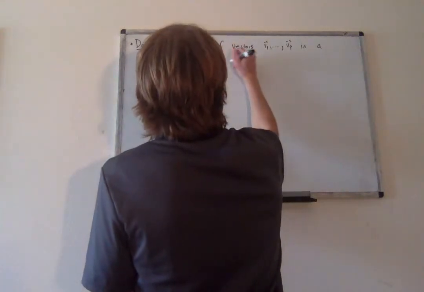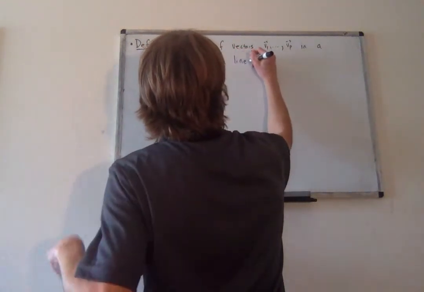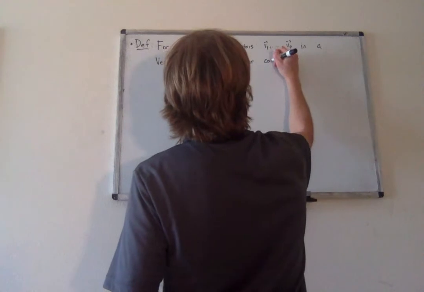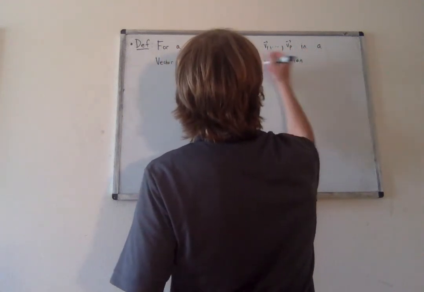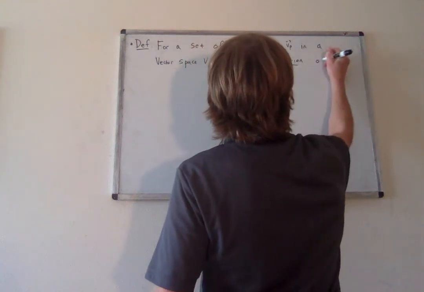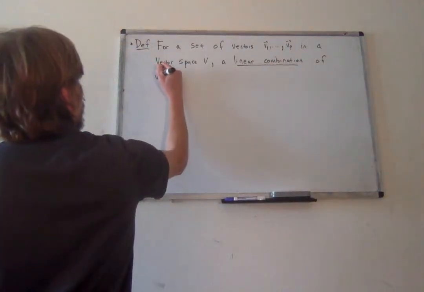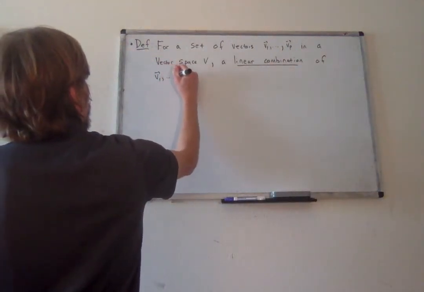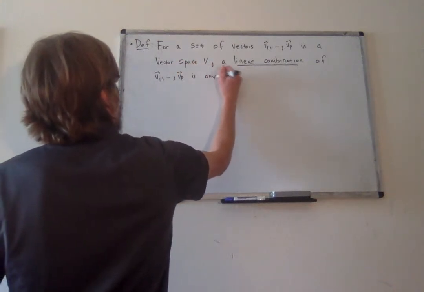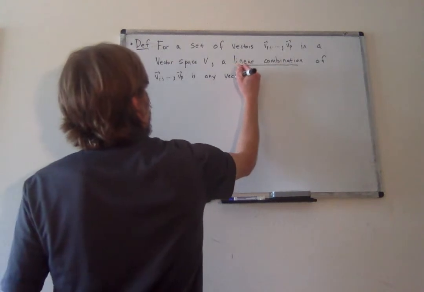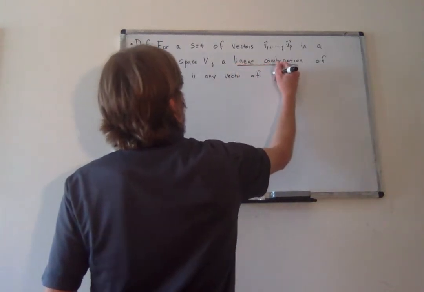We say that a linear combination of these vectors is any vector of the form